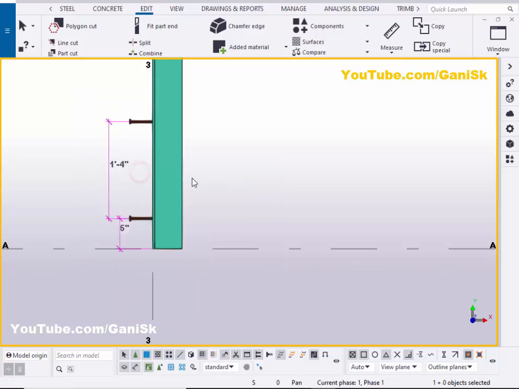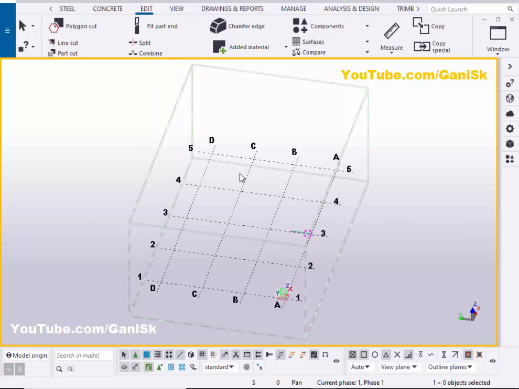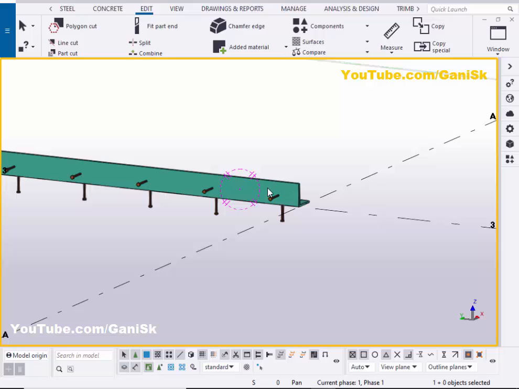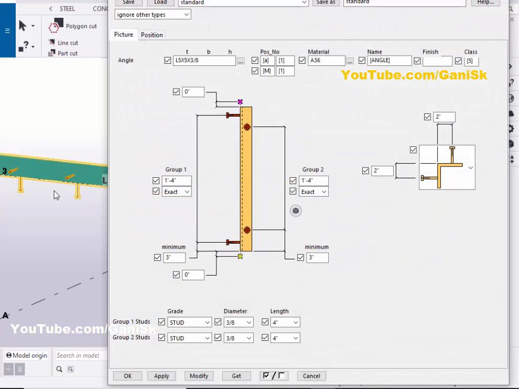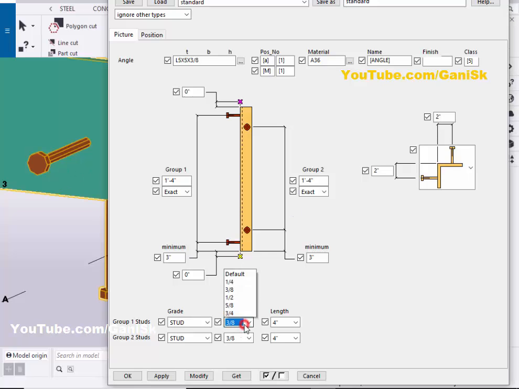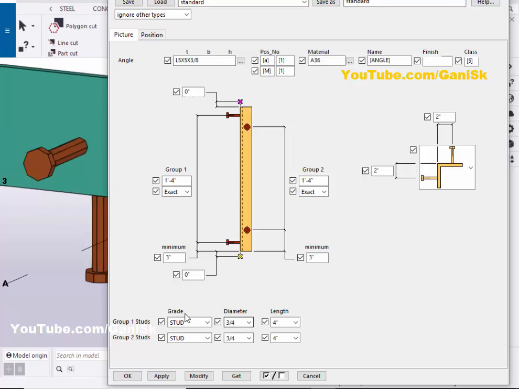Right click on center. Now click on space, right click on master data view. Use the shortcut Ctrl P for 3D view. Zoom it and double click on this angle. Now coming to here, you can change this stud size, diameter. For example, click on here, let's take 3 by 4 inch stud on group 1 and group 2. Click on modify. You can see now the stud spacing should be 3 by 4 inch